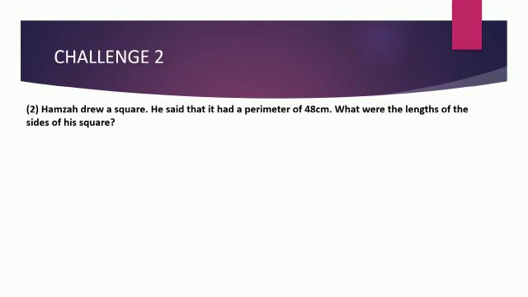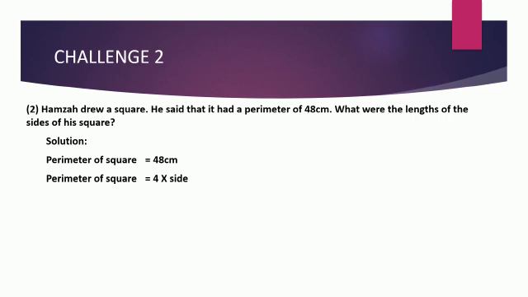Okay, now remember that the shape is a square. Let's start its solution. What is the given statement? In the given statement, perimeter of square is equal to 48 centimeter. So you will write it first. Perimeter of square is equal to 48 centimeter. Now you will write the formula to find the perimeter of a square. So perimeter of square is equal to 4 multiplied by side. This is the formula to find out the perimeter of a square. It is different from the formula of perimeter of a rectangle.